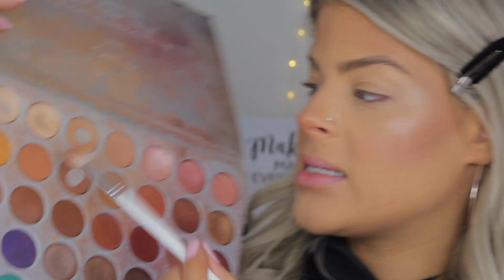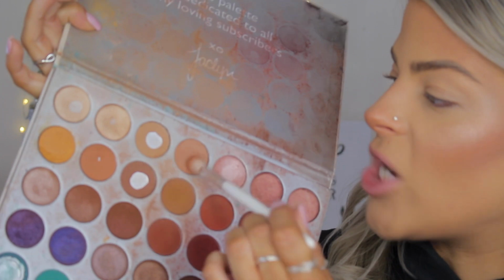Alright, so now I'm going to zoom you guys in just a little bit to show you how I've been doing the eye makeup. Now that we are up close and personal, what I like to do for the eyes is very simple, but looks so good. The first color I'm going to take is a mixture of these two shades from the Jaclyn Hill